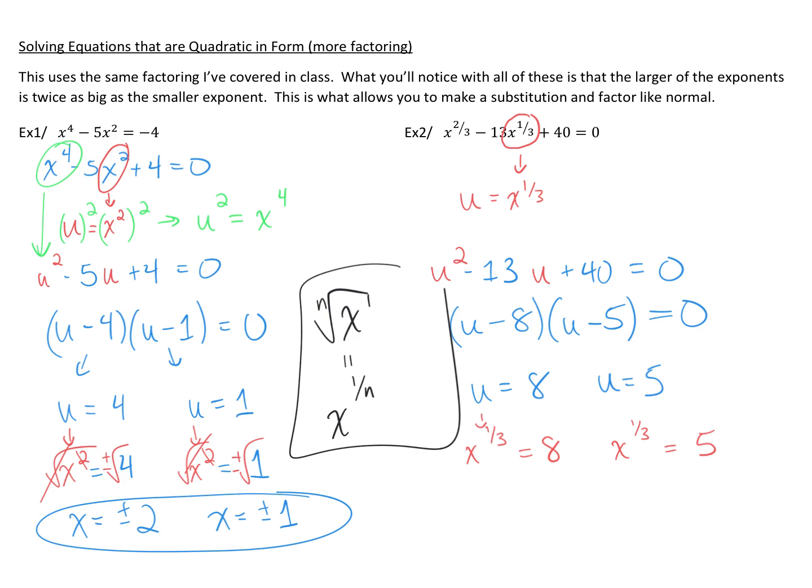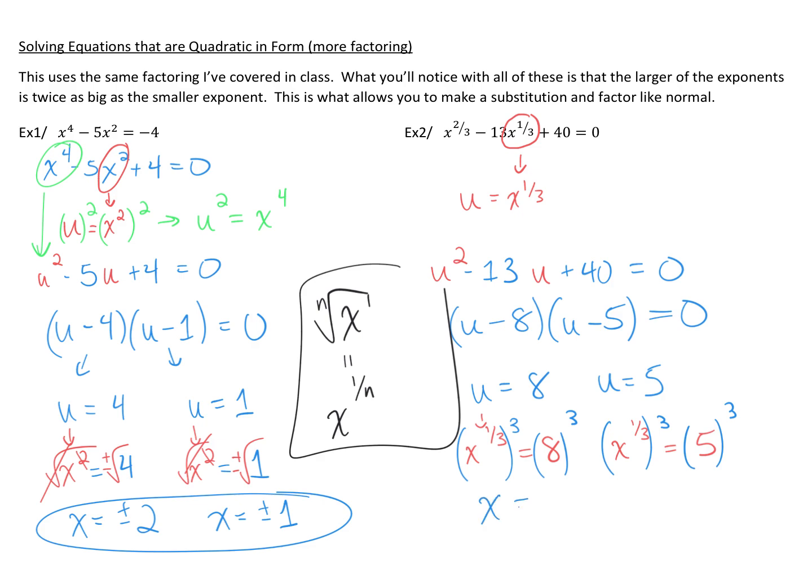So really, we can think of this x to the 1/3 power as a cube root. And if you want to solve a cube root equation, then you would raise both sides to the index power, the third power. So when you have x to the 1/3 raised to the third power, that gives you x,